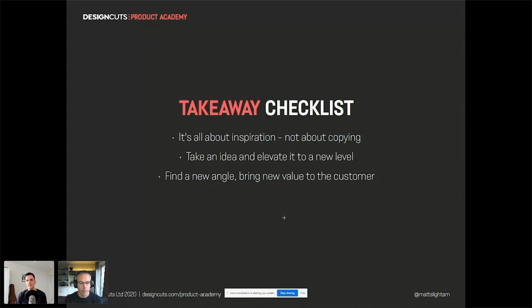Yeah, sure. And it's not something we look upon kindly at Design Cuts when somebody pushes a product to us and we look at it and think, well, hang on a minute, that's just basically the same as that product. And you can see that someone's, well, for better words, copied it. It's not nice, and it won't do their career any good doing it, really. Take inspiration, by all means, look at what the other great designers are doing and draw inspiration, but make it your own. Find your own path, find your own way, because people will notice and they'll love you for it.